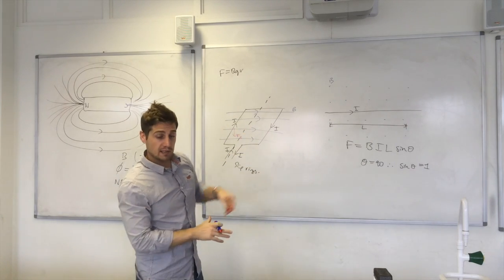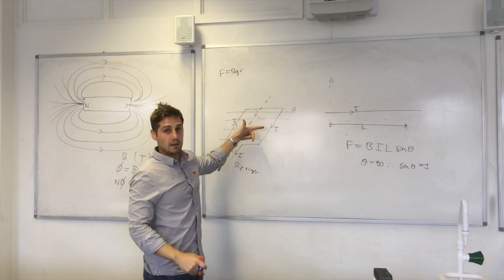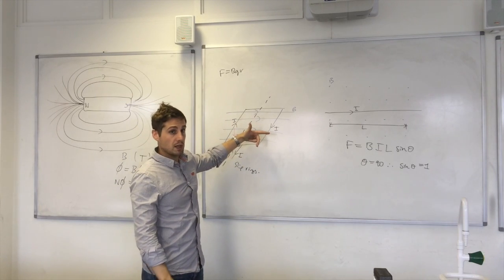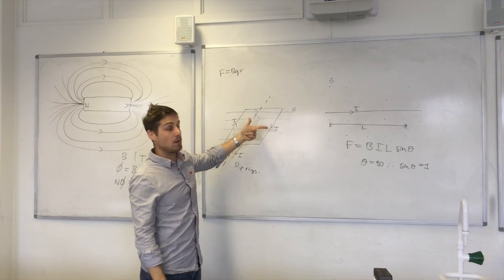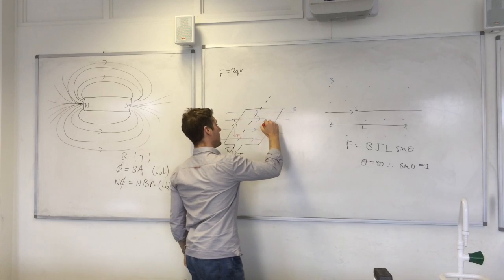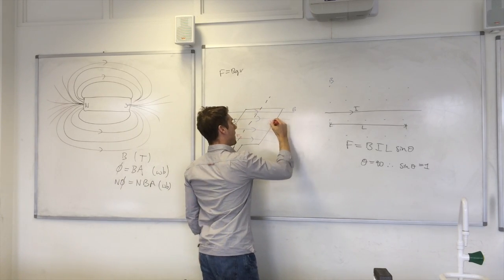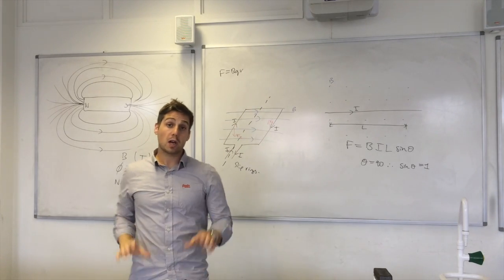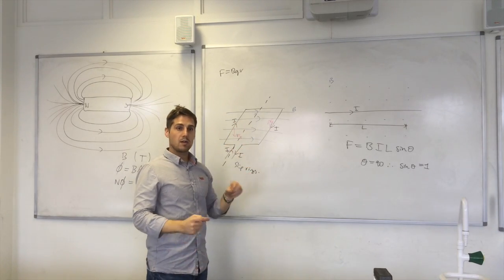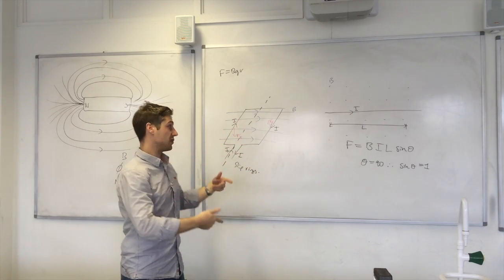Okay, what about this side? Well, you can appreciate the fact that the field is in the same direction, but the current is in the opposite direction, so it's out of the board. This one experiences a force upwards. So what we've done is we've set up a couple on the coil, and that will produce a torque and